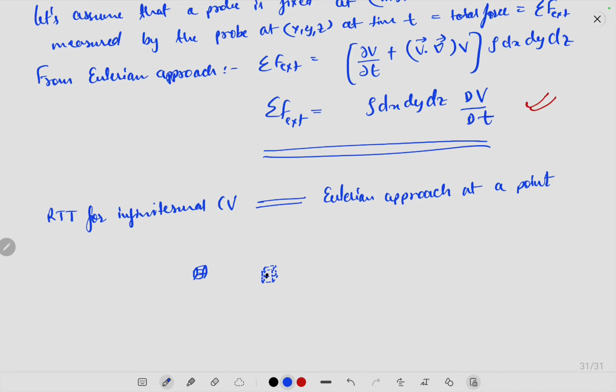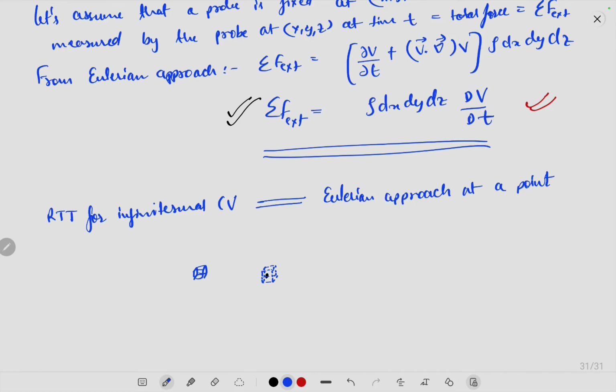Okay, so in most of the books you can see that the derivation for the linear momentum for infinitesimal volumes they start from here, because physically RTT for infinitesimal CV is actually the Eulerian approach at a point, and that's why we can write this directly, rho dx dy dz times the material derivative of vxyz. Okay,